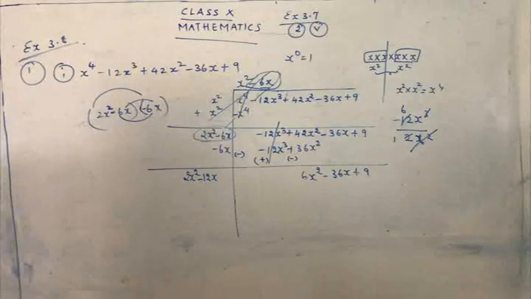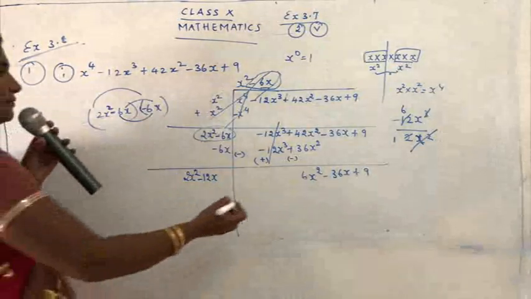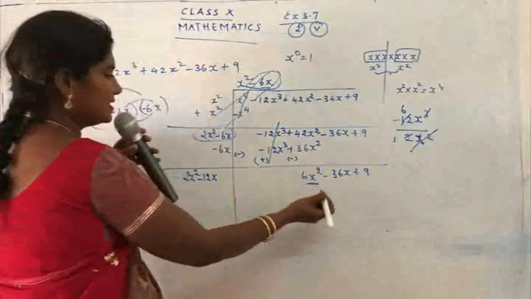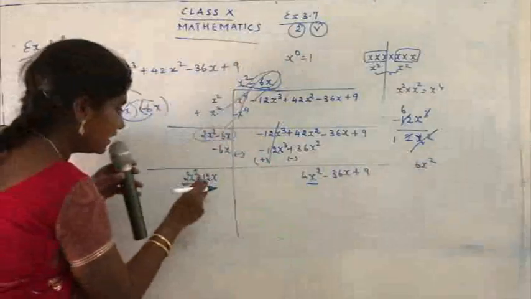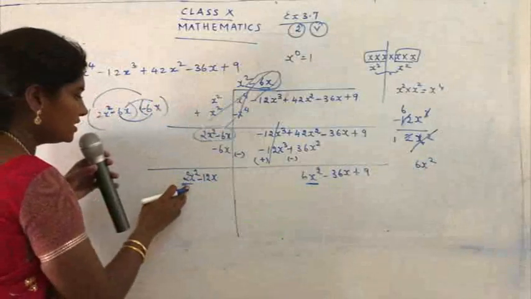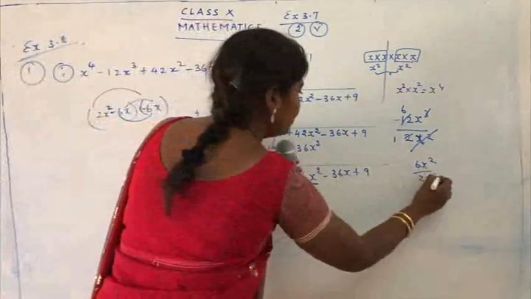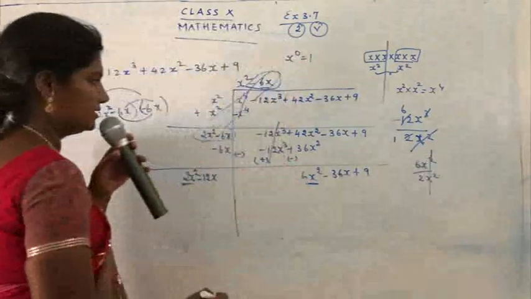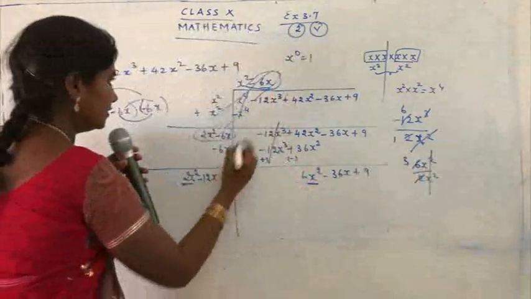Okay. Now again we have to follow the same step that we have done for the second part. You take the first term here. What's the first term here, children? Yes, it's 6x square. And what is the first term here? Do not take the second term, okay? Don't get confused. Just follow the same step. What's the first term here? 2x square. So divide, what do you get? X square gets cancelled. 2 ones are 2, 3s are plus 3.